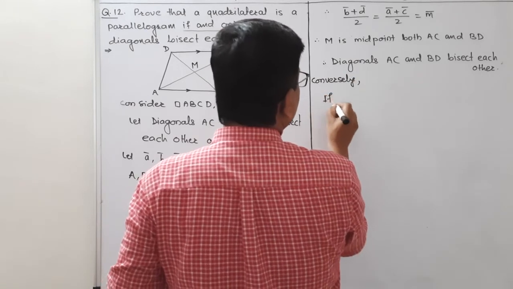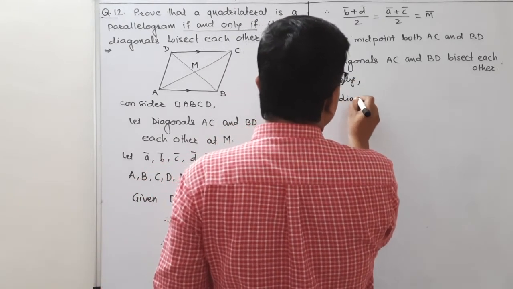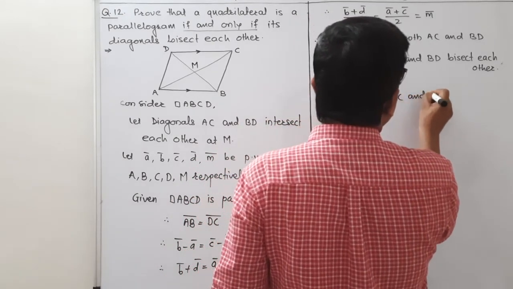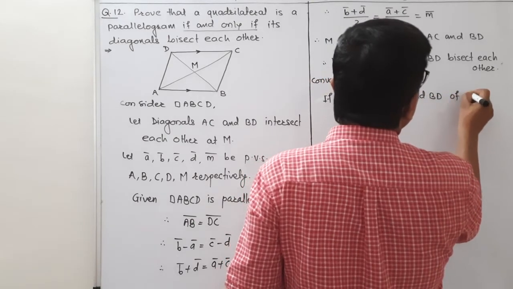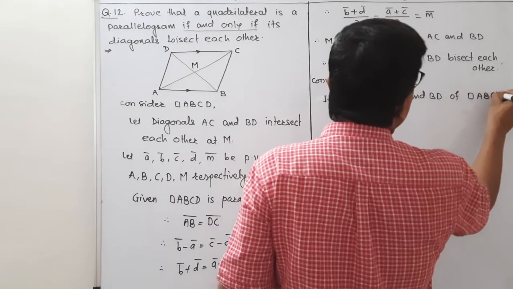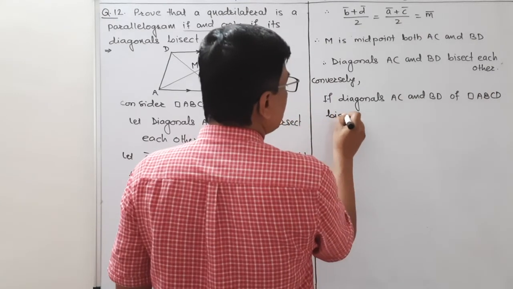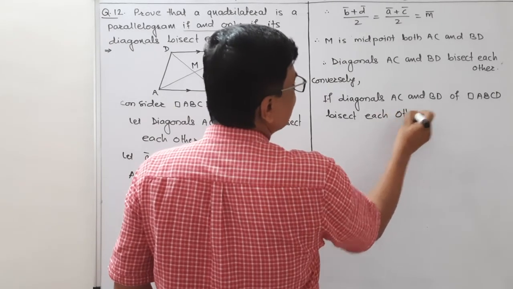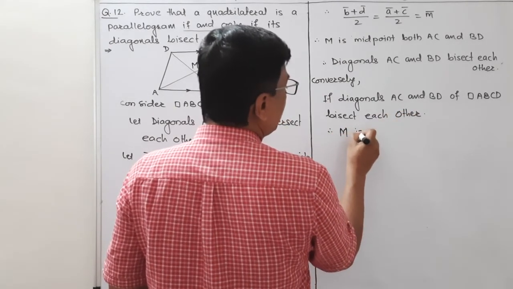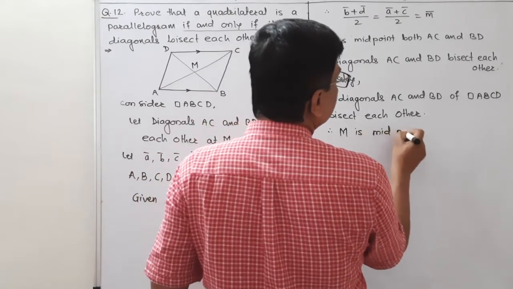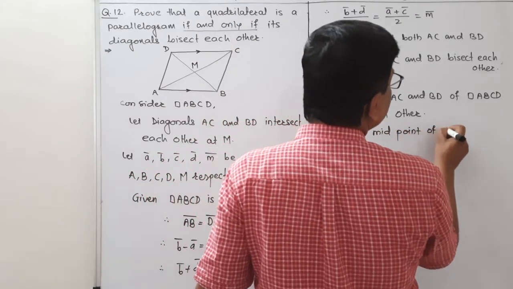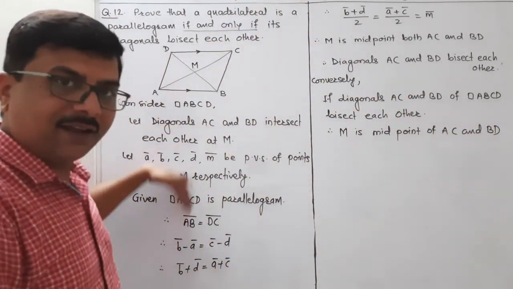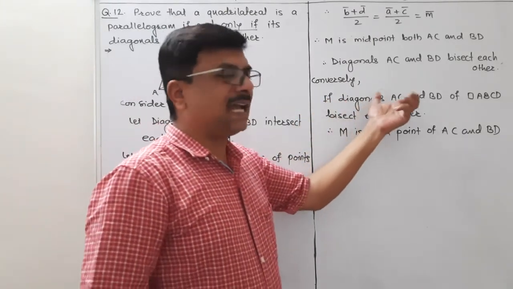If diagonals of quadrilateral, diagonals AC and BD of quadrilateral ABCD bisect each other, तो क्या होगा? Therefore we can say that bisect होते हैं यानी M is midpoint of AC and BD। कंप्लीटली उसके रिवर्स जाना है, उल्टा जाना है, ठीक है। अगर AC एंड BD एक दूसरे